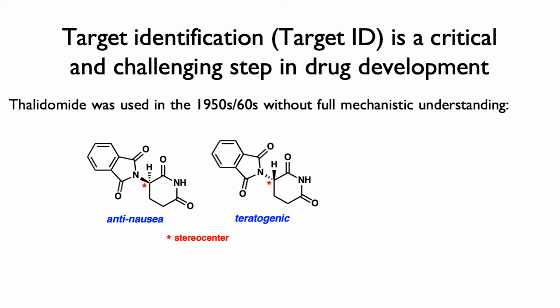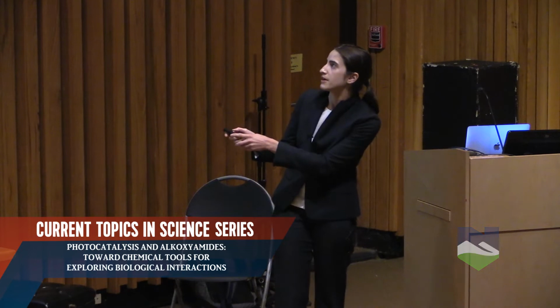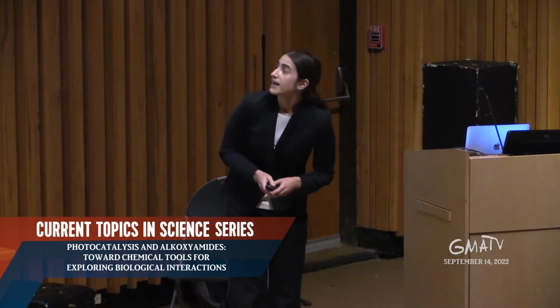And today it's very difficult to have a drug approved if you don't have a pretty comprehensive understanding of its target and how it's functioning when it's in the body. This is thalidomide. It's kind of hard to say, sorry. And it exists as these two molecules, which are referred to as isomers, or more specifically enantiomers. One of them has an anti-nausea function, but one of them has those teratogenic properties. And they differ at this one atom in basically the spatial arrangement of atoms around that site.